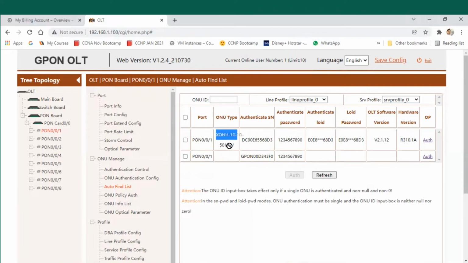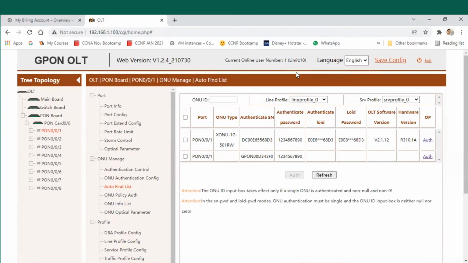Select anyone. I select here ONT number 1 and authenticate it with the created profile, line profile ID 2 and service profile ID internet underscore 2. Now click on AUTH, authenticate. It means authenticate this ONT with the given profile.